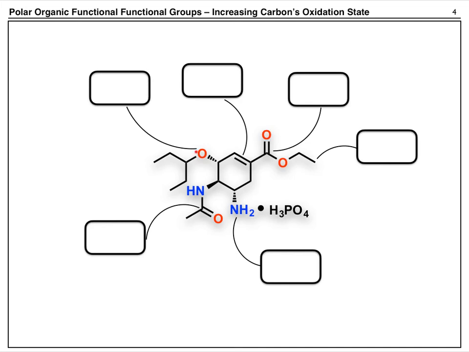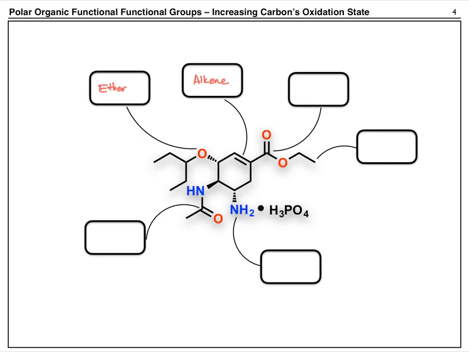So let's start here. We have an oxygen bonded to 2 carbons. So this is called an ether. Here we have a carbon-carbon pi bond. This is called an alkene. Here we have a carbon-oxygen pi bond